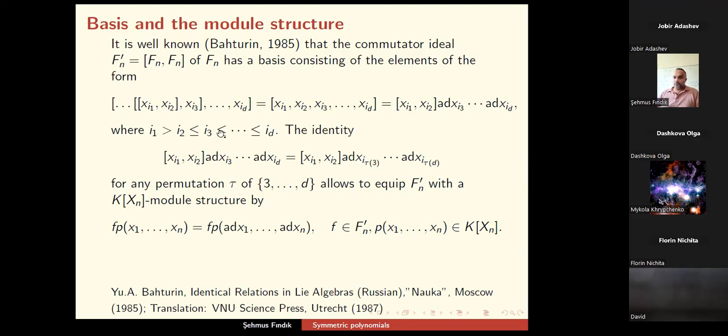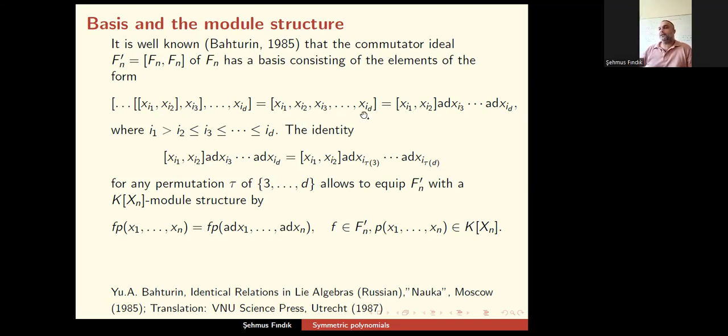When you pay attention here, when we multiply two elements, considering this part as a W, then you get an element inside F prime, which is the commutator ideal, and all other elements, when you write them in the left normed type,